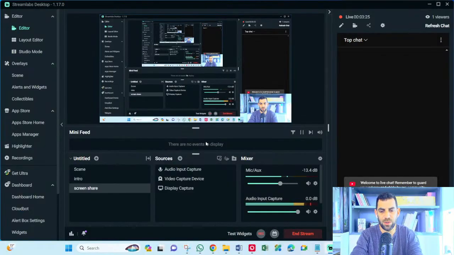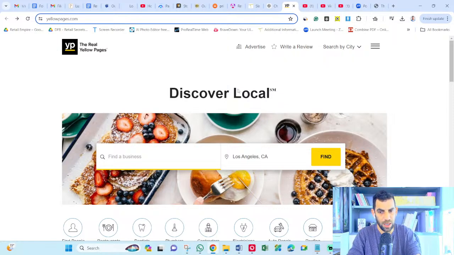So the first method is basically manual. If I share my screen here quickly, I'm going to show you one of the methods that is out there. I'm talking about yellowpages.com. Pay attention to the address, yellowpages with an s, .com. There are a lot of different variations, which are not the best on earth. You can also use Yelp.com. I'm not using it anymore because there are some restrictions in some areas for this. So put it aside and let's dive into this.